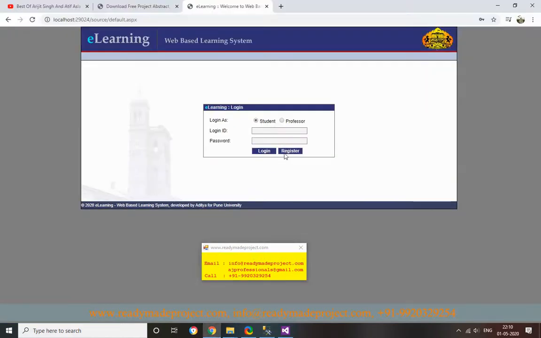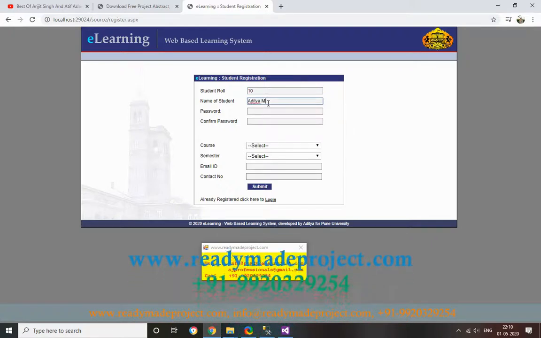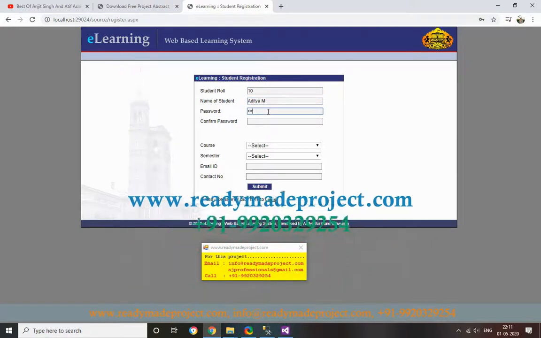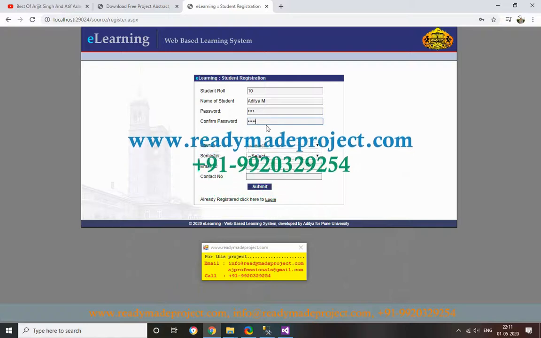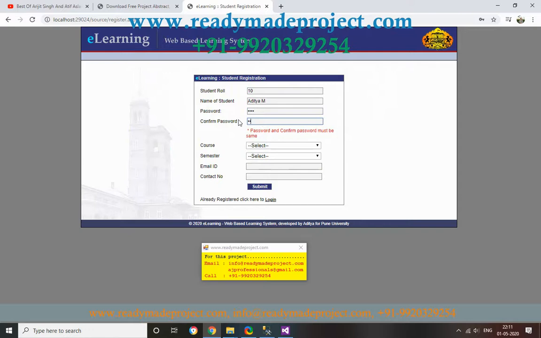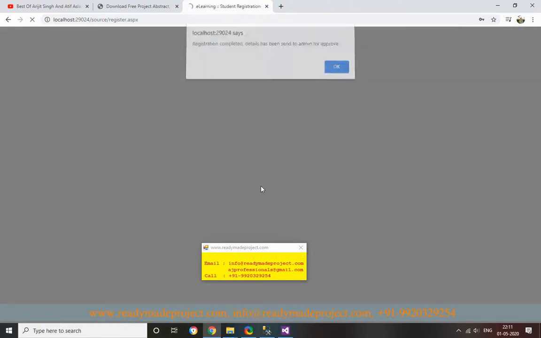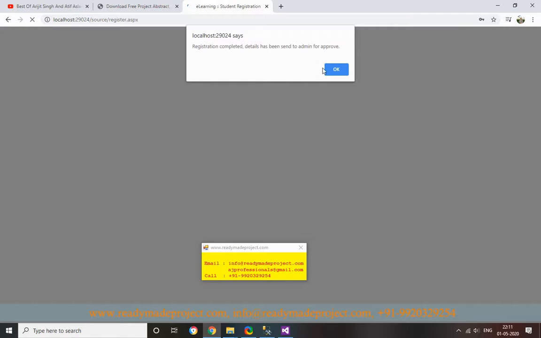Click register, student roll is 10, register Mr. Aditya, password 1234. Applied for BCA, Semester 1. Email ID is optional. He is added, but it is not approved.